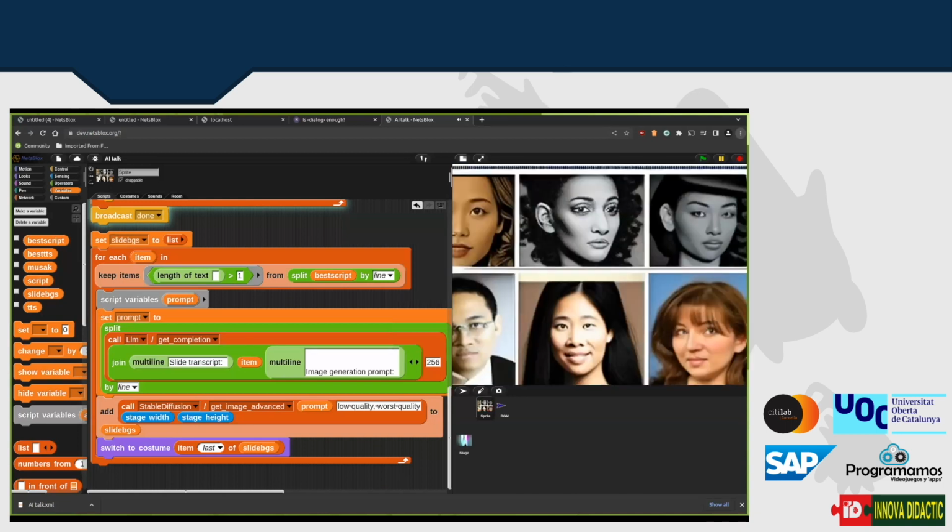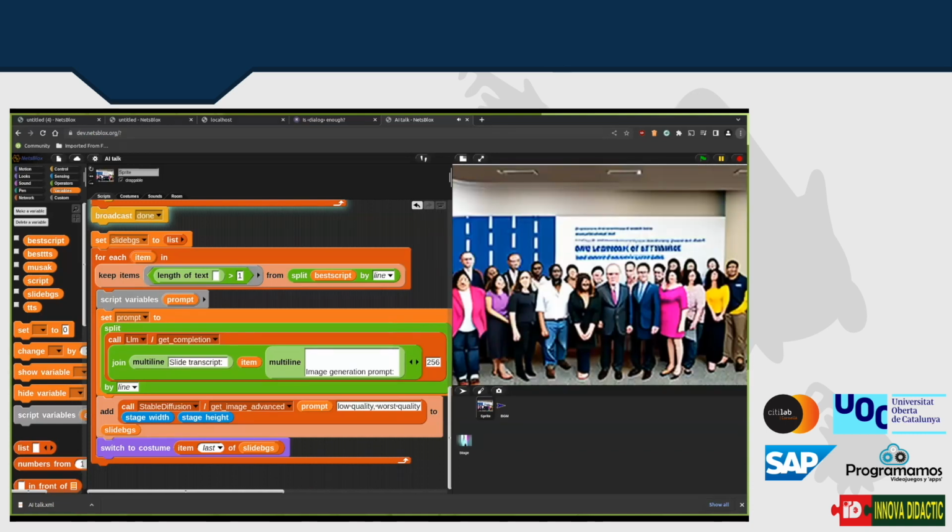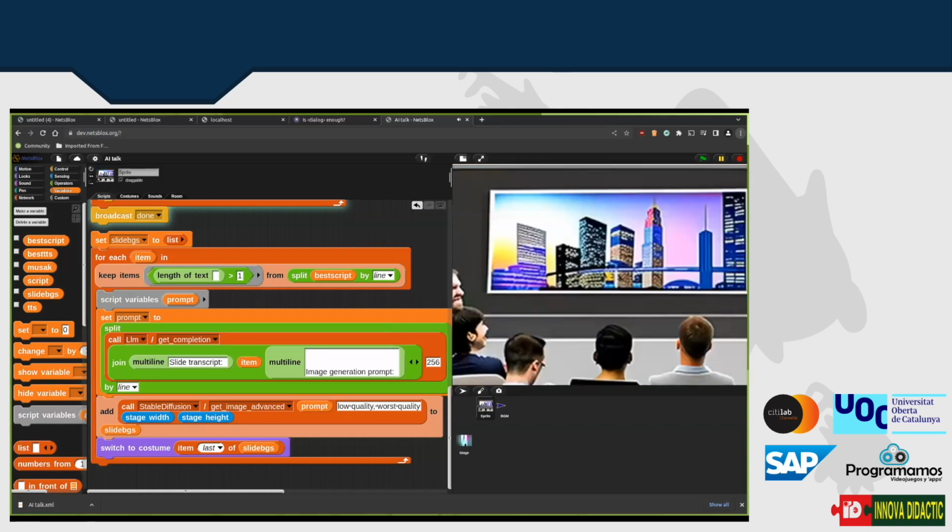We've also added new services in the existing remote procedure call blocks, which allow users to access these new AI tools. These services are not currently publicly available, but please contact us if you are interested in testing them. By using these new AI tools and NetsBlox, we hope to make programming more accessible and fun for everyone. Thank you for your attention, and I hope you're as excited as we are about the future of generative AI in NetsBlox.